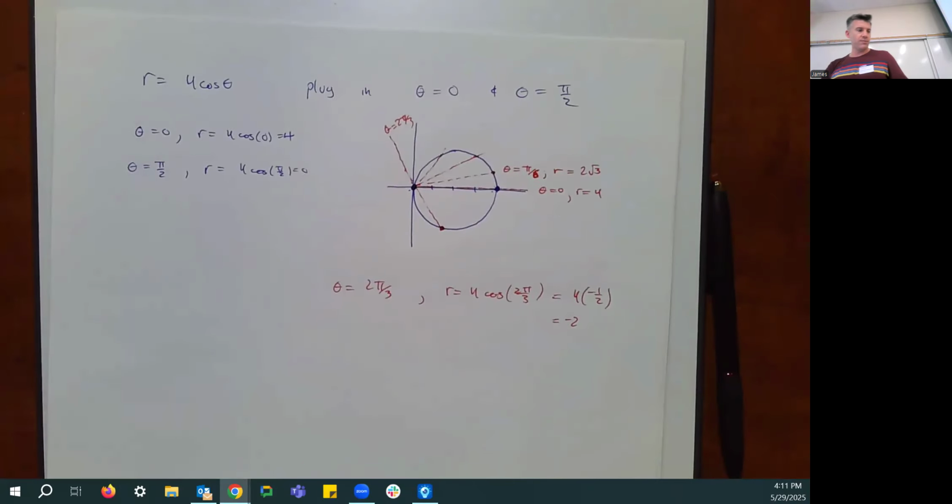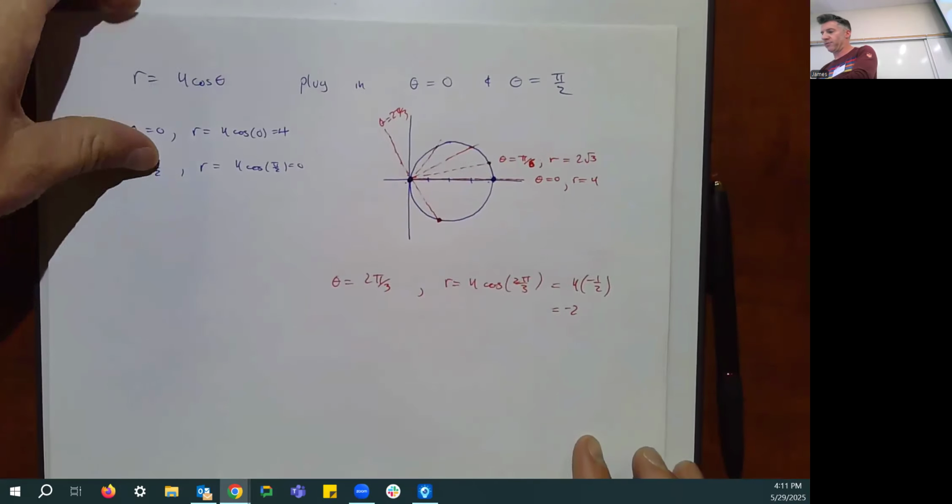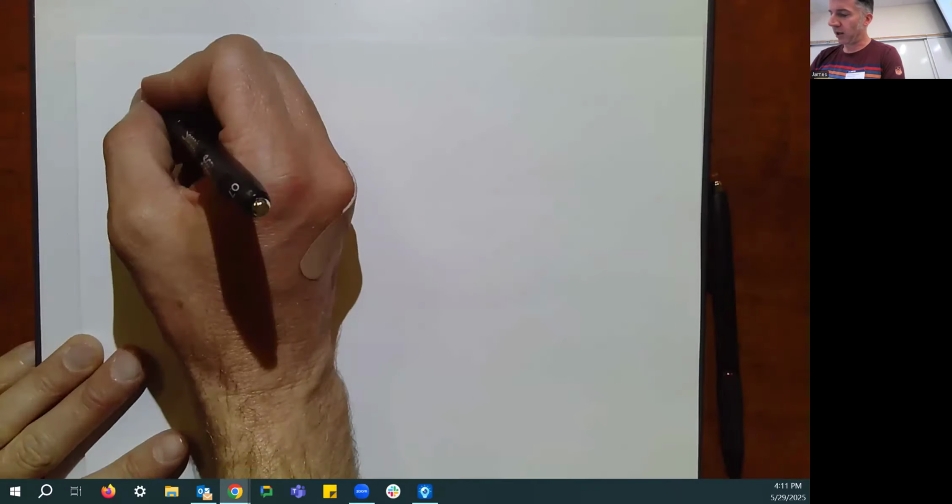So that's an interesting polar graph. In my opinion, there's probably three types of polar graphs you actually need to be aware of to be able to graph them. And one type of them are the ones we just talked about. So I'll point out that